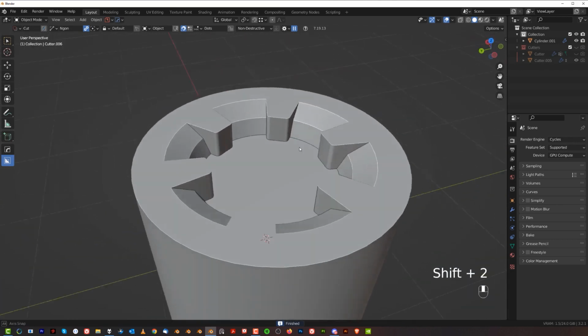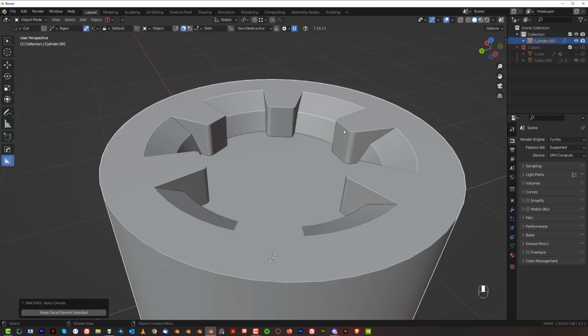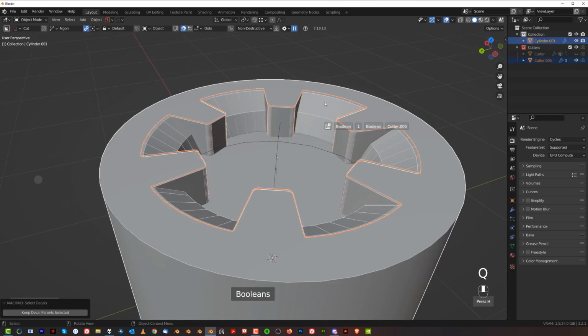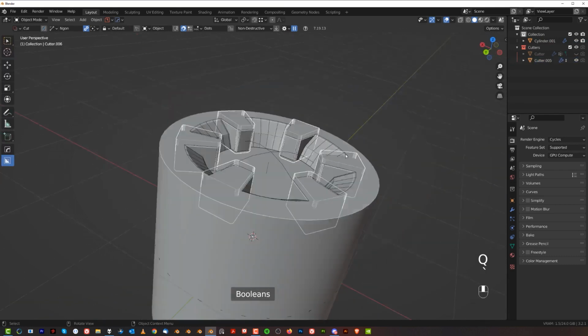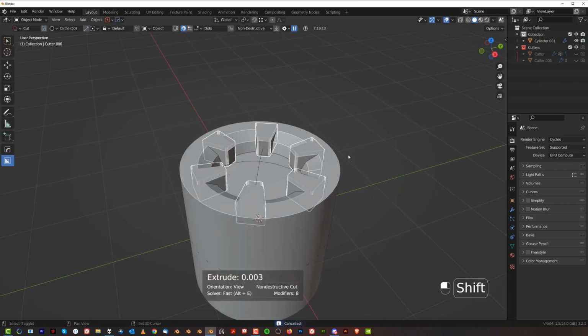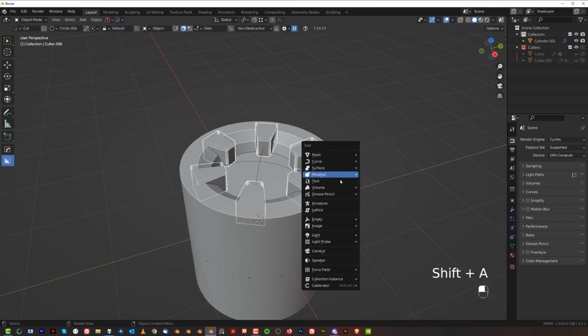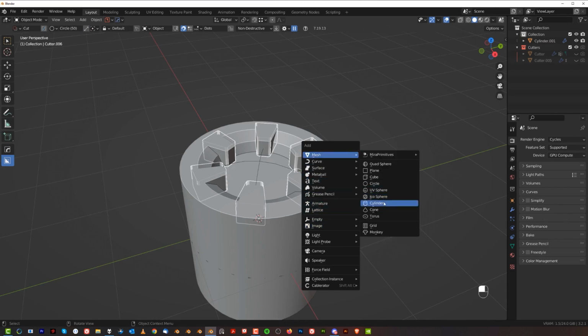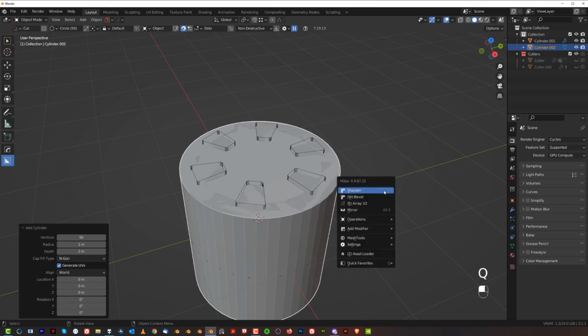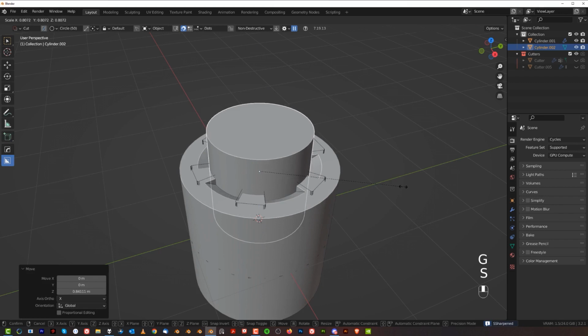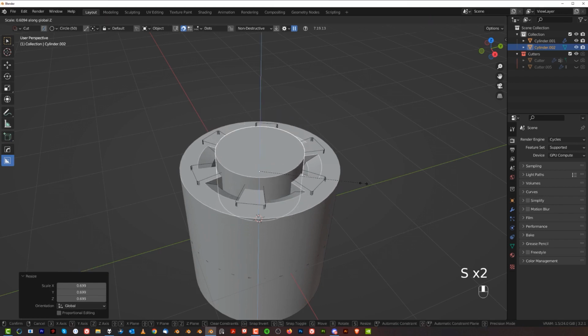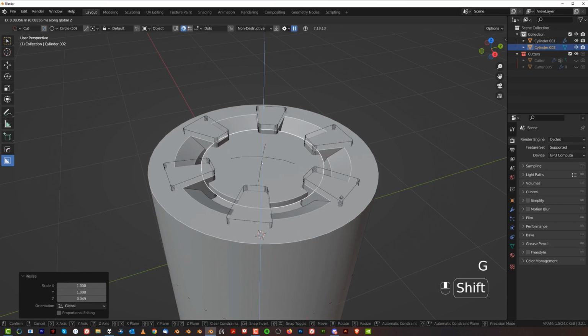There you go. Cool. We're getting somewhere slowly. So now what we can do is recover this one and then recover the cutter of the cutter, which are these. What we're going to do then is add a cylinder to the scene. So let's grab a cylinder, mesh and cylinder, and we're going to sharpen it, scale it, and move it up here, and scale it a little bit more, and scale it on Z, and move it up a little bit,